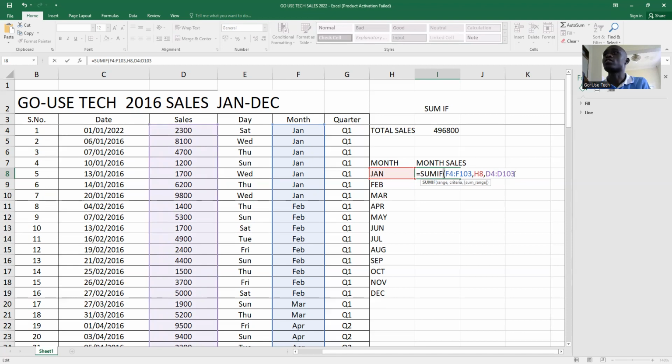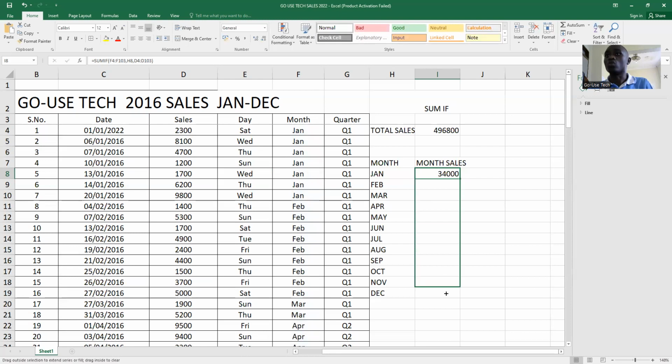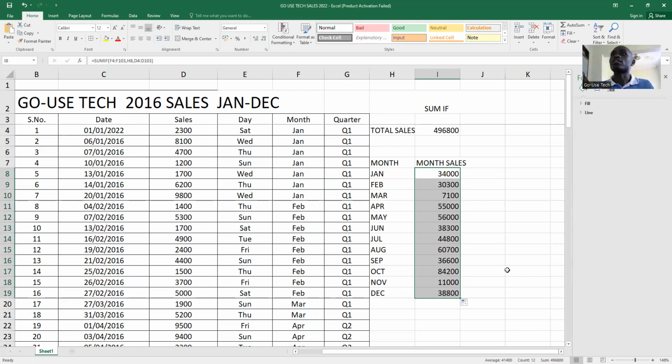Once you close it, you press enter, and you'll get the total. Not to waste much time, after getting all this, you just scroll down until the last month, and once you leave the scrolling, you'll be able to see the results